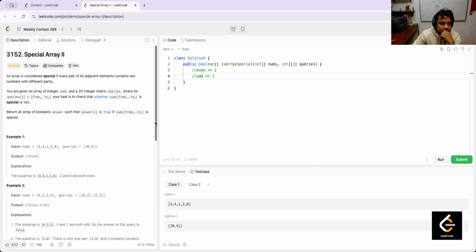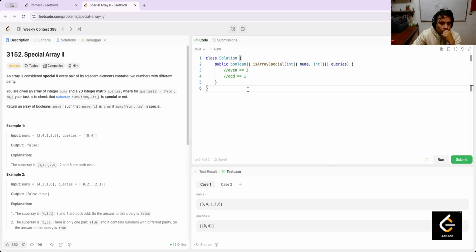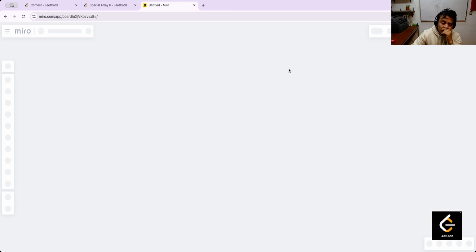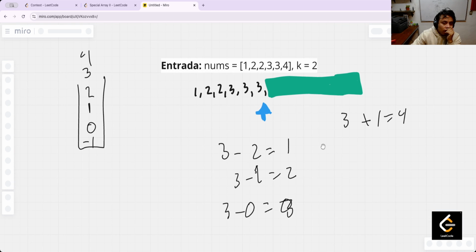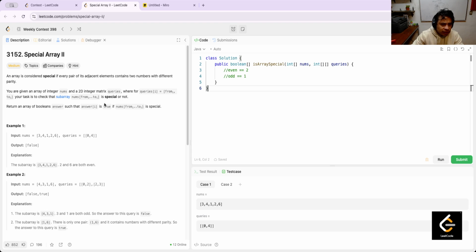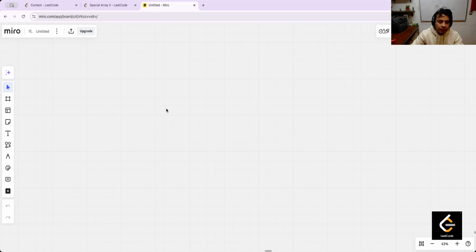I think that this is the kind of problem where we need one way to figure out if the current query contains one no-special range, or what is the name, special. Yeah, for example, what is my